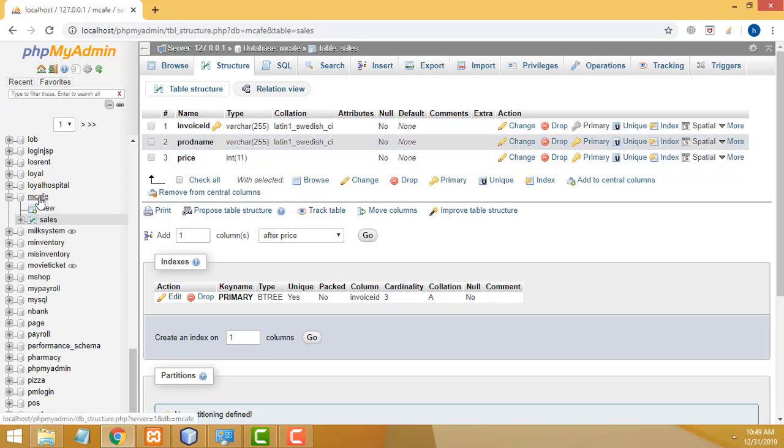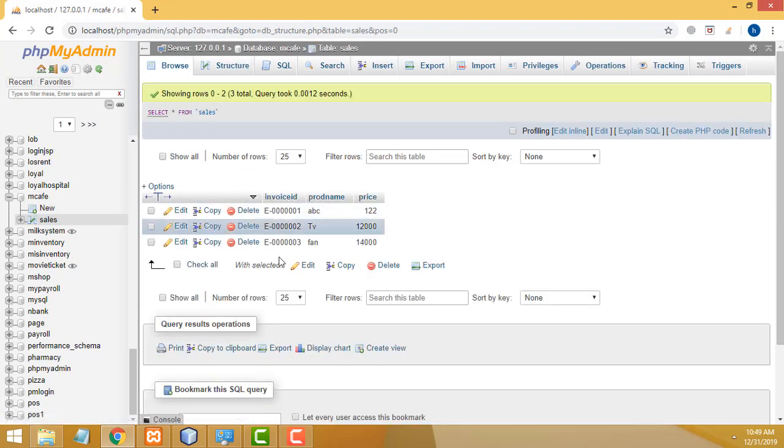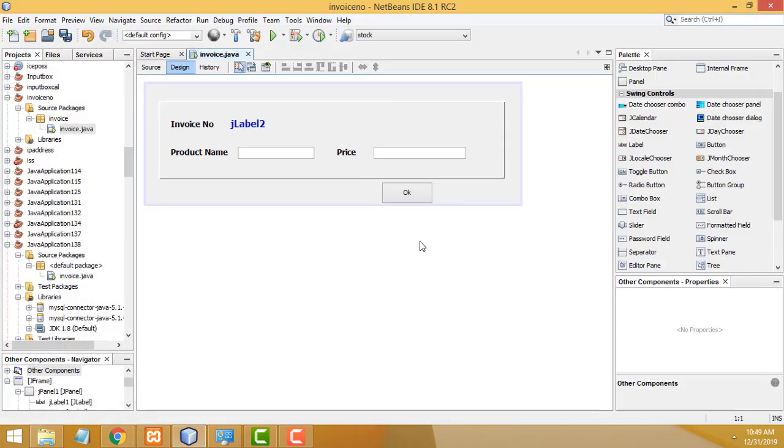So first I am going to select these. These are the fields there, right? These numbers are auto incremented. It is starting from E0004, right? Second one, right? So first, I created the database and table successfully. Now I am going